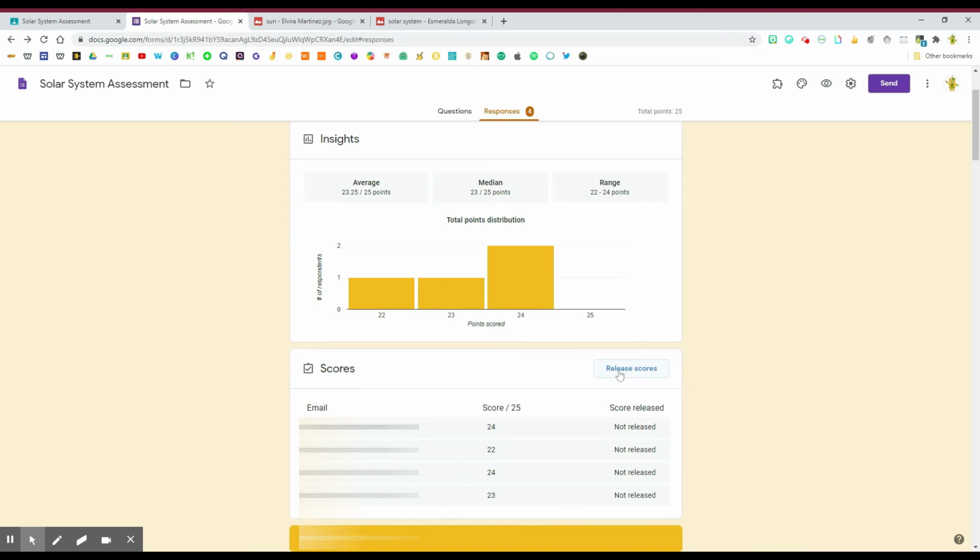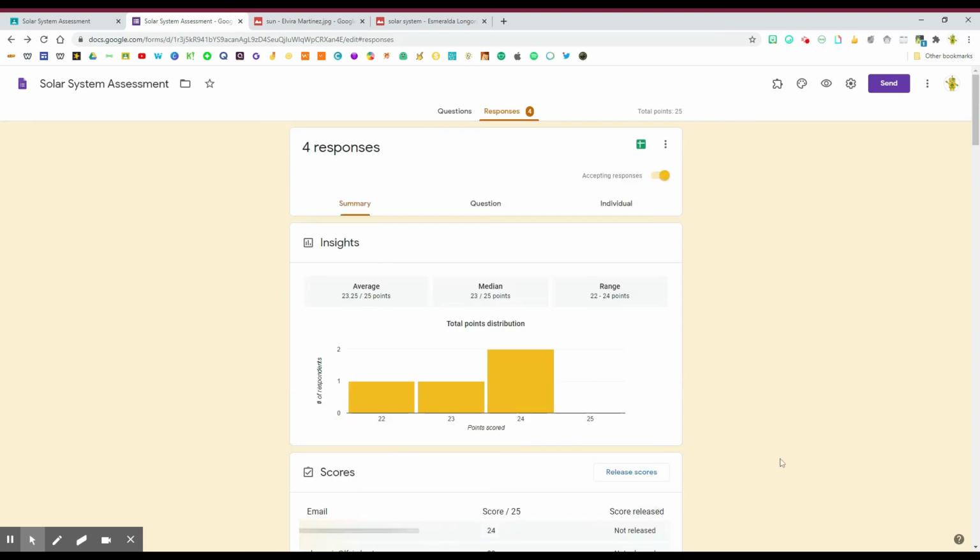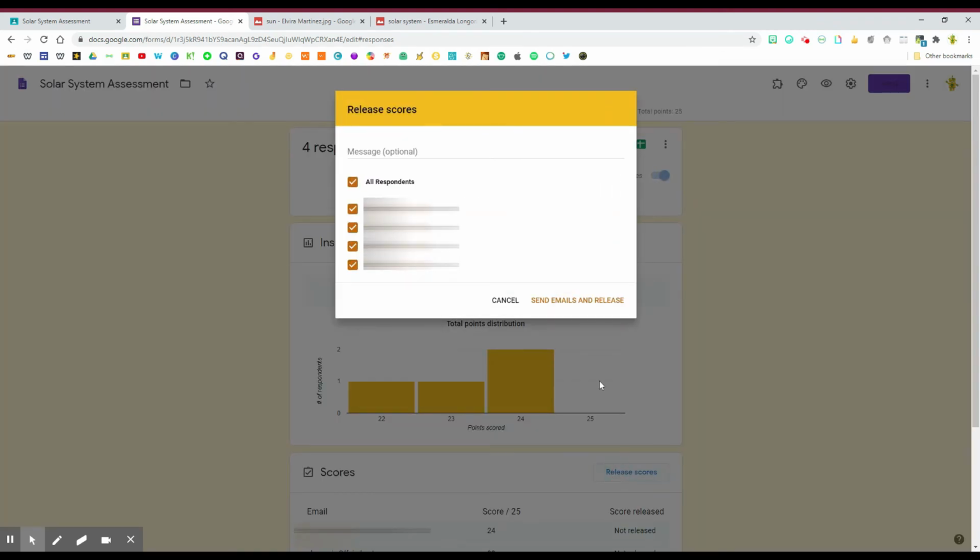You can release scores individually, or you can release all scores at the same time. So because I am done checking all the students that have turned in this assessment so far, I am going to release the scores all at once. When I release the scores, it's going to send the students an email letting them know that their assessment has been checked, and it will show them their actual